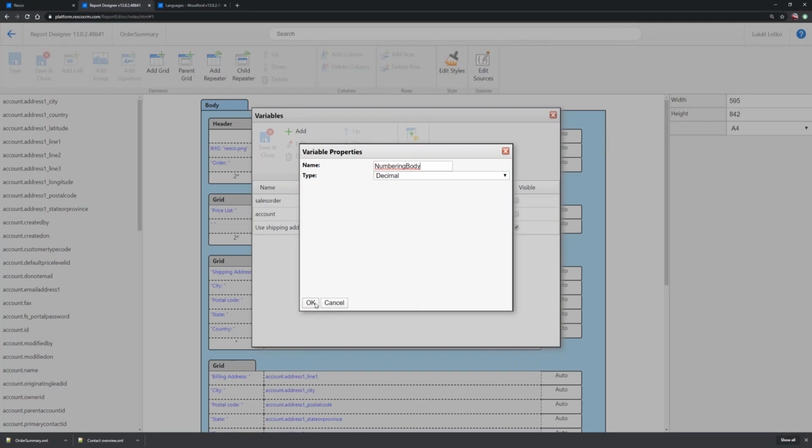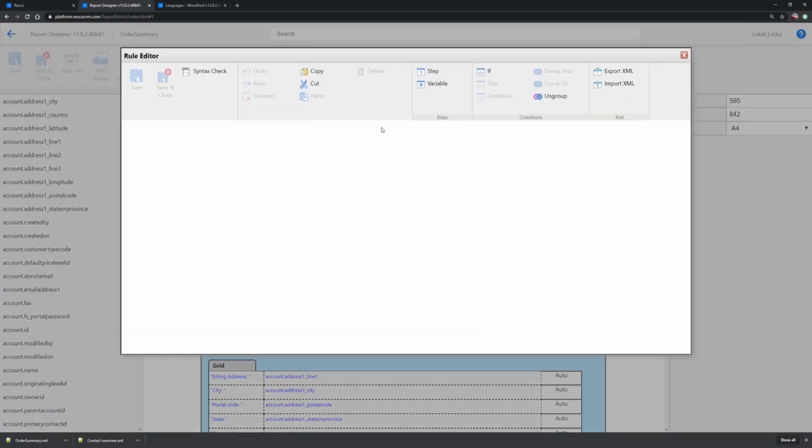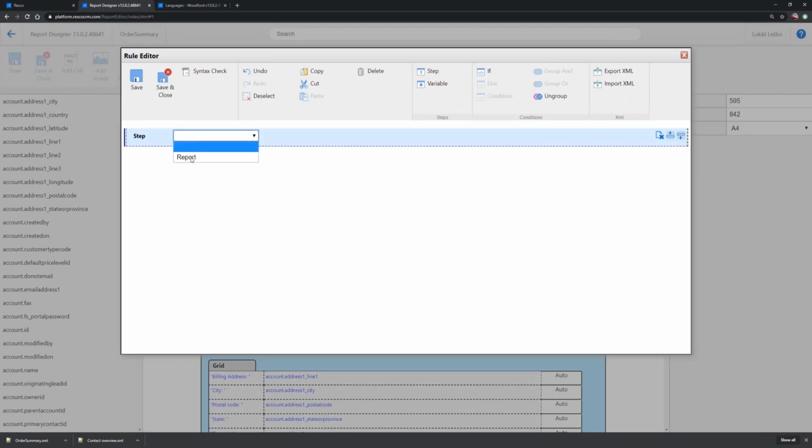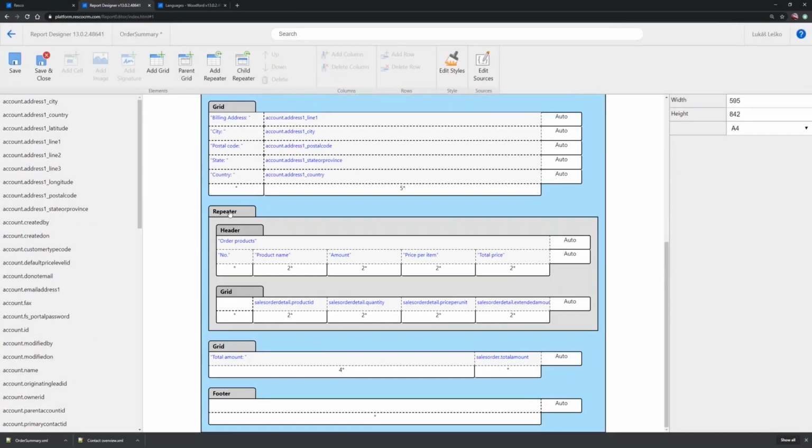variable. Okay. And I was also talking about some kind of on create a rule that will be running when, in this case, the body of the report is loaded. What I will use it for is that I will just initiate the variable to be assigned as 1. So it will not be empty at all. Now I need to go to my repeater